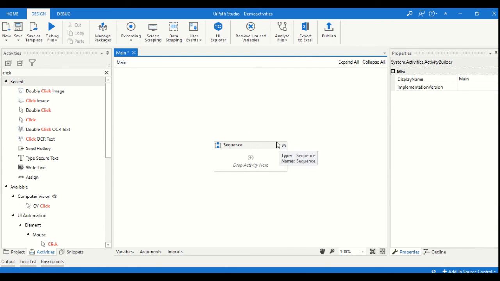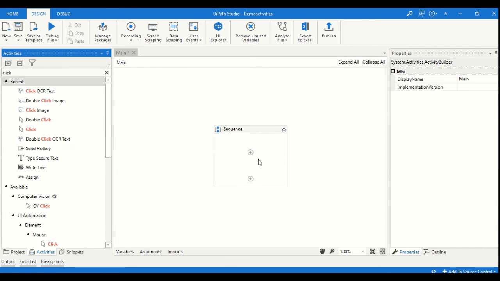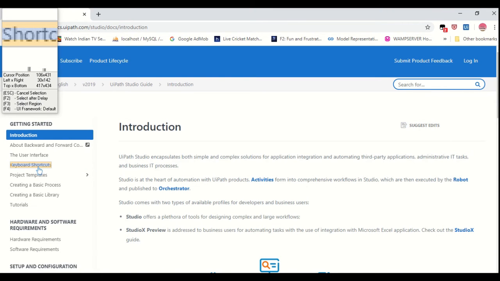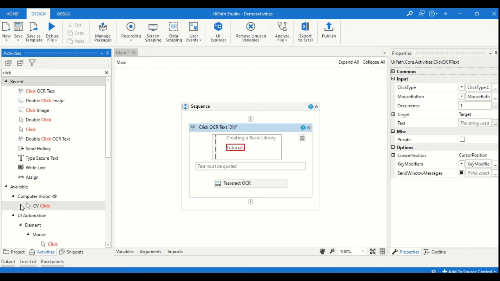And the final one is click OCR text activity. For this you have to indicate it wherever the text is, and you have to retype the text which is in the red box.